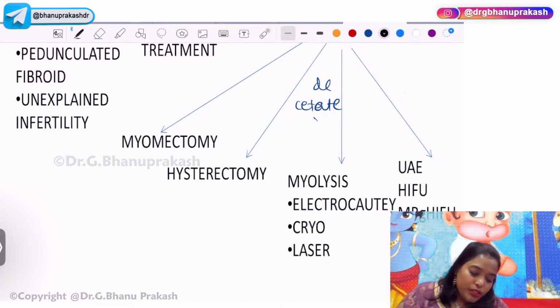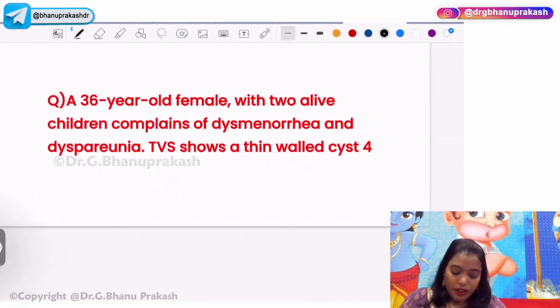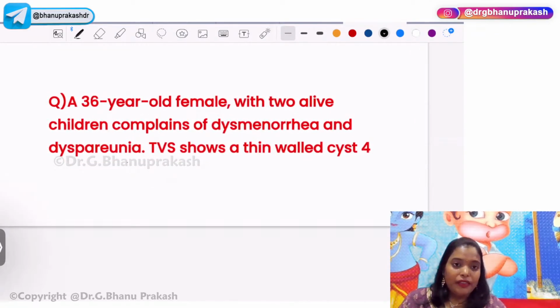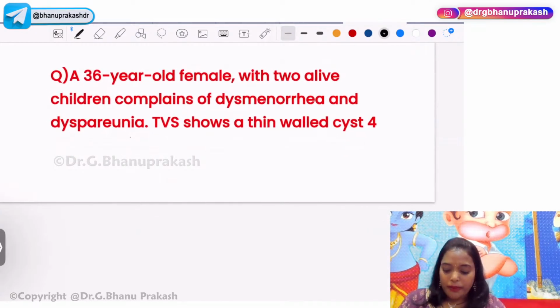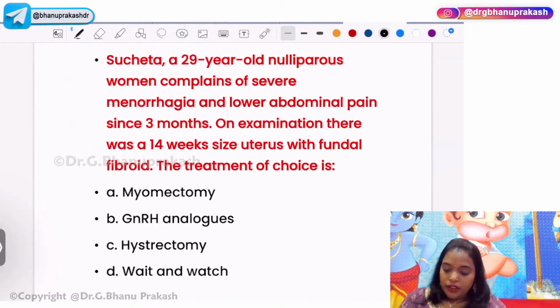Now you solve the MCQs and tell me, okay? Suchita, a 29-year-old nulliparous woman, complains of severe menorrhagia and lower abdominal pain since 3 months. On examination, there is a 14-week sized uterus, fundal fibroid. The treatment of choice is